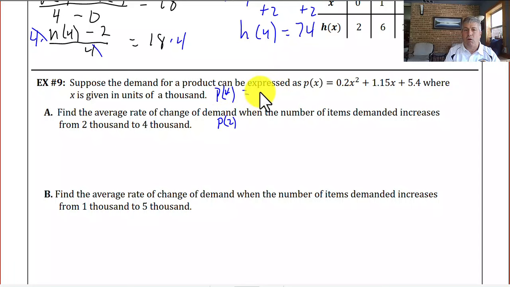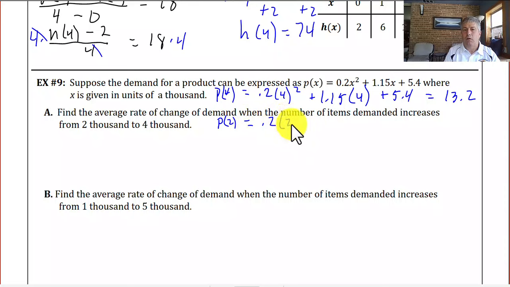So P of 4, we put that into our function. We get 0.2 times 4 squared plus 1.15 times 4 plus 5.4. I put that into my calculator and I get 13.2,